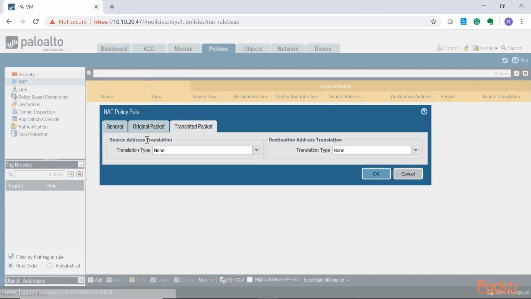Translated packet, this is where the magic happens. Let's go ahead to source address translation because we're doing a source NAT. We're going to select the type of translation. We have dynamic IP and port, and this is the same source address IP, but you can keep having TCP sessions using that same source address. You also have a dynamic IP, so this is where you have an IP pool and you have multiple IPs on